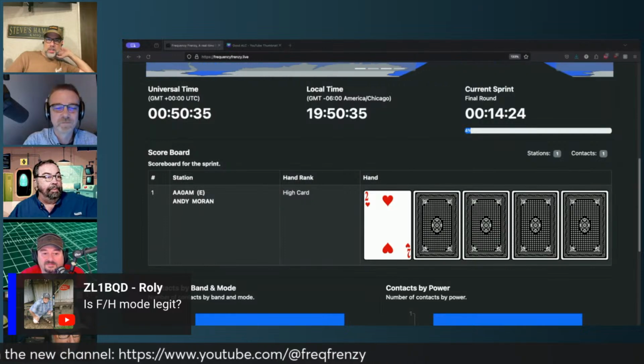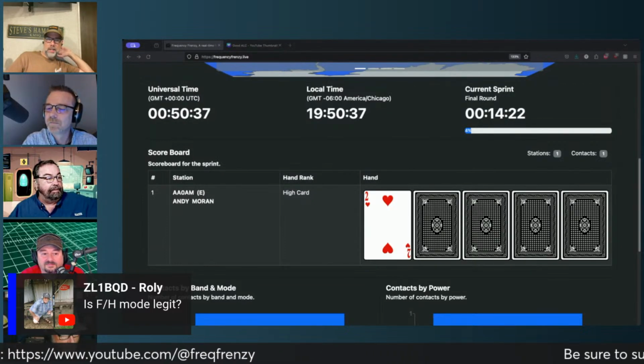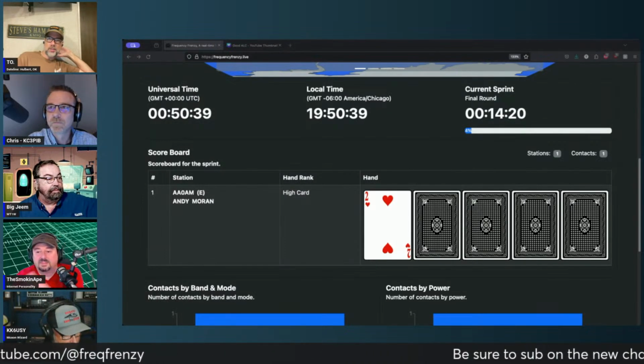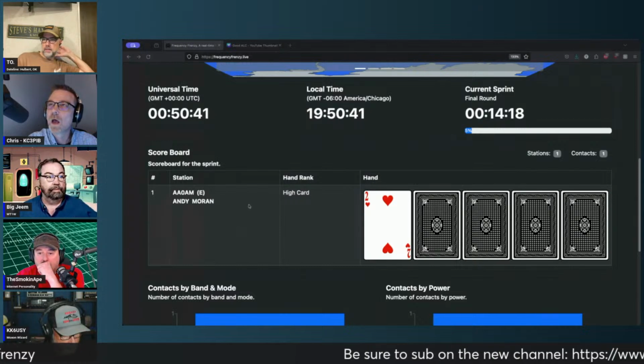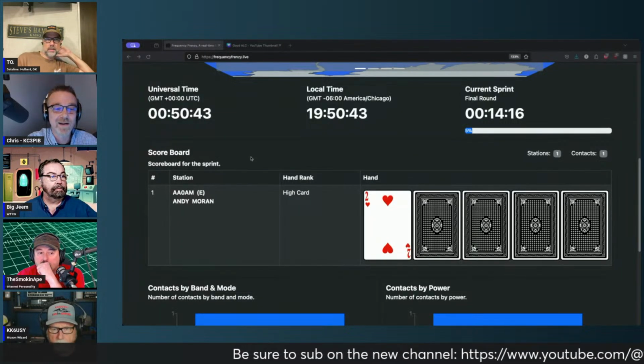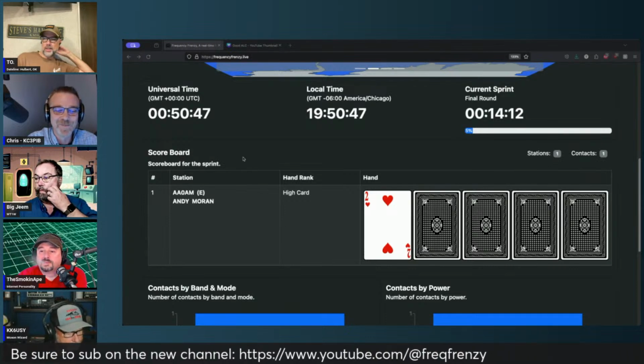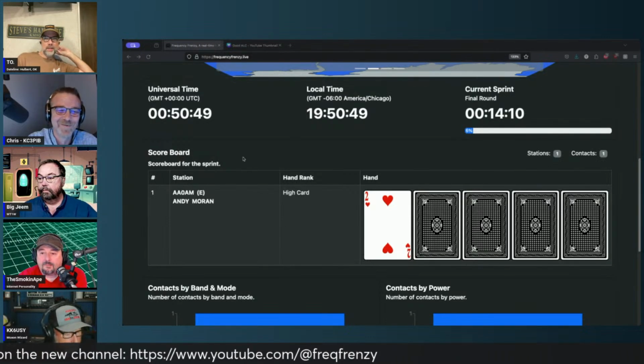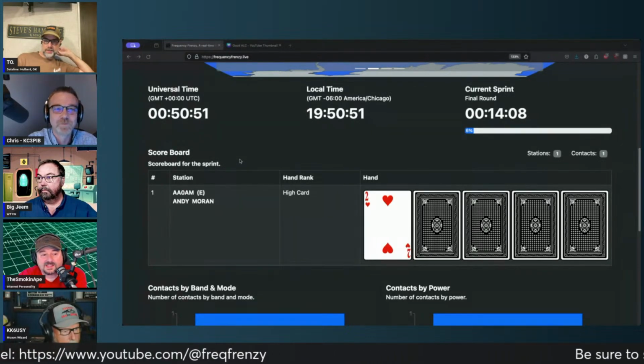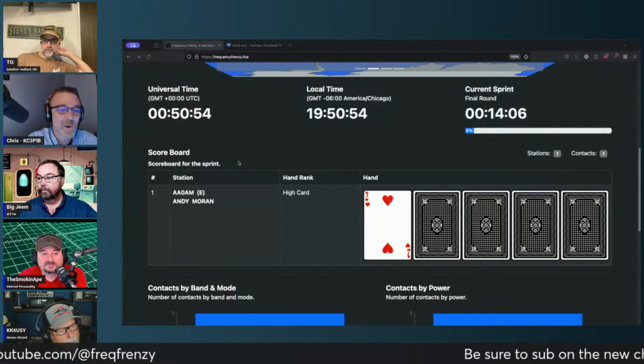Chris, I think Rowley's asking a question. If Rowley was to operate in Fox and Hound mode, would he be able to get the extra contacts? You know, that's a good question. I've never tried it, so try it out. Rowley, try it and find out what happens. If you get 5 cards on the board in 1 minute 15 seconds, you win. I'm FT4 right now myself, so